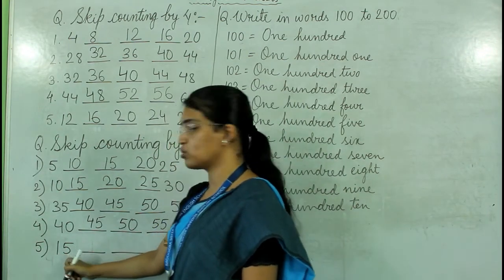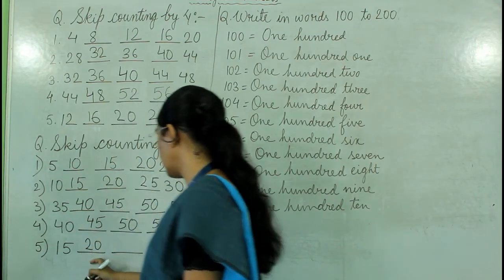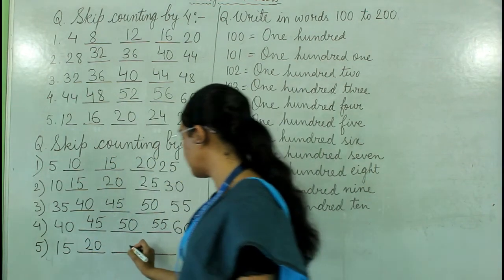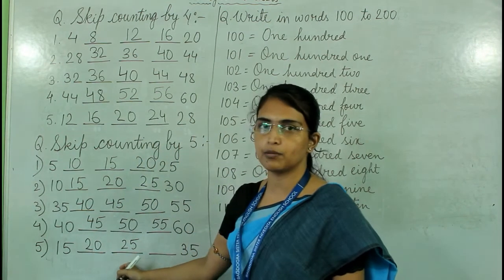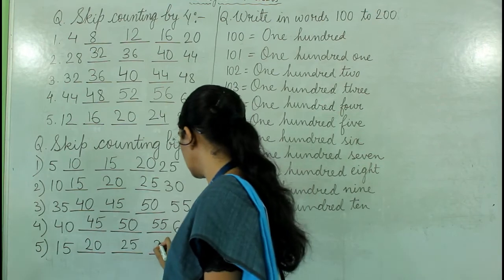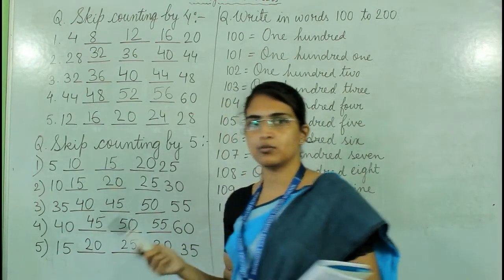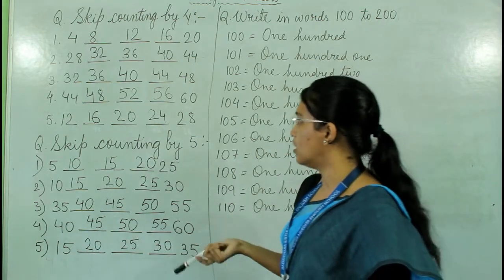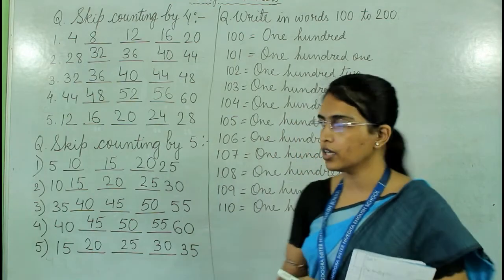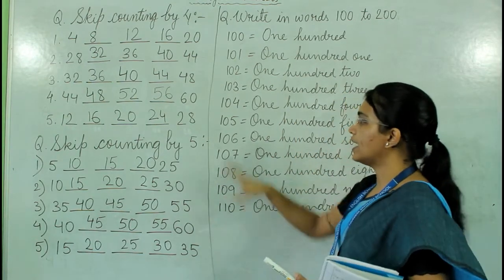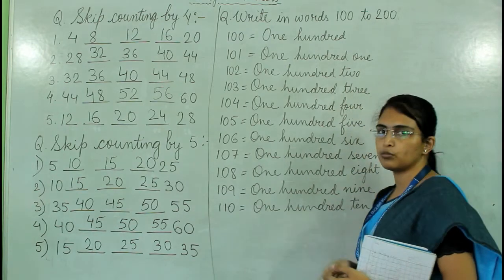From 15, if you skip 5 numbers, you will get 20. From 20, if you skip 5, you will get 25. And from 25, if you skip another 5, you will get 30. Okay, so in this way you have to do skip counting by 5 and skip counting by 4. Now write this in your copy and mention the date, and do this in both CW